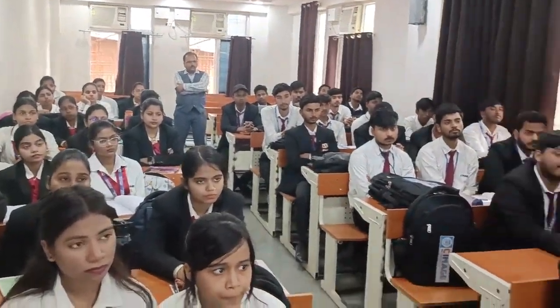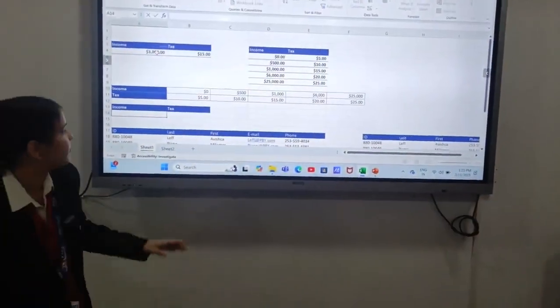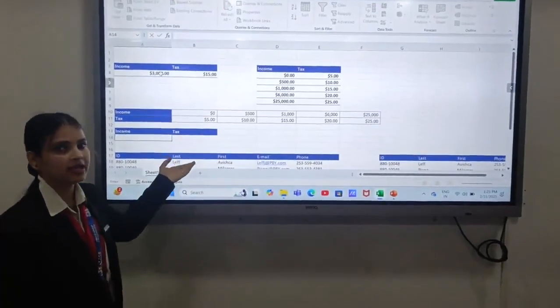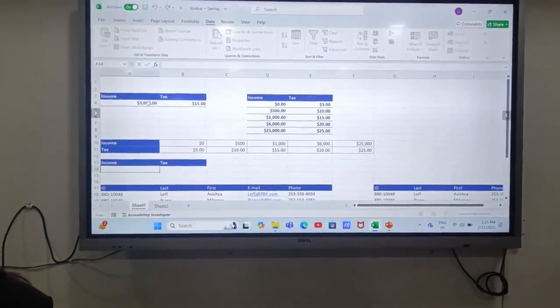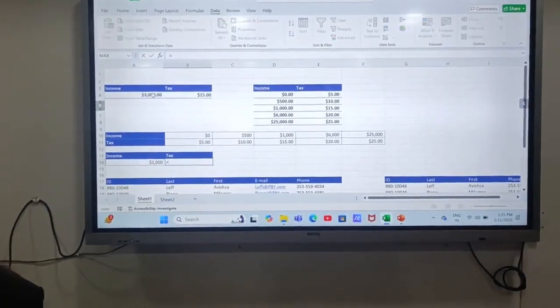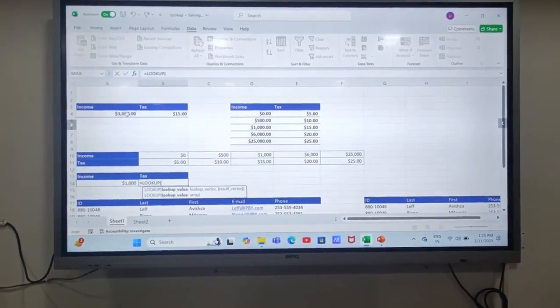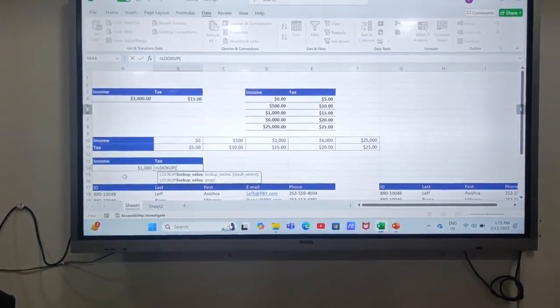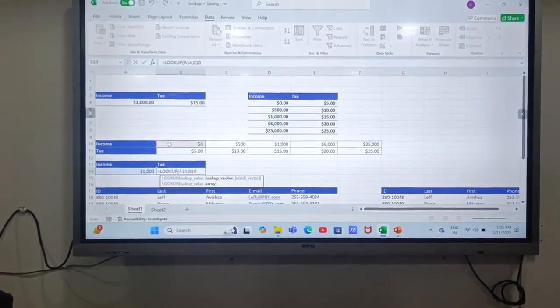Now we'll work on horizontal data. Same here, I'll write income, and I'll get the tax by using the function. I'll write 1,000 and the function equal to lookup, open bracket, it's our lookup value, comma, and select the data.